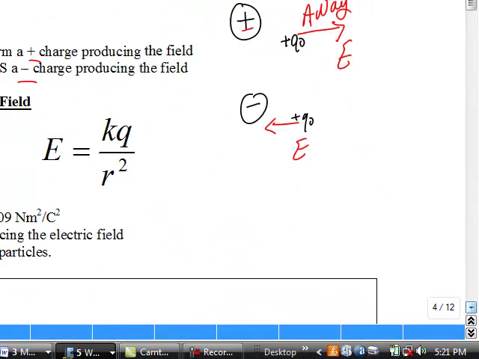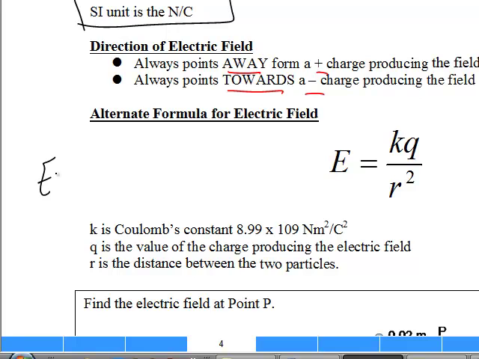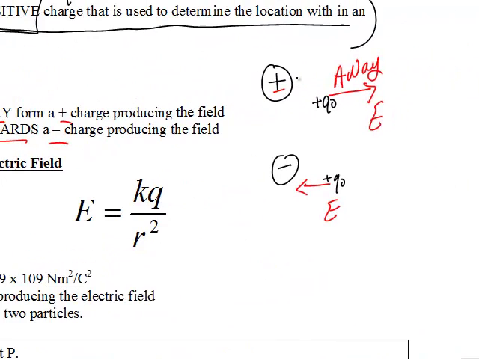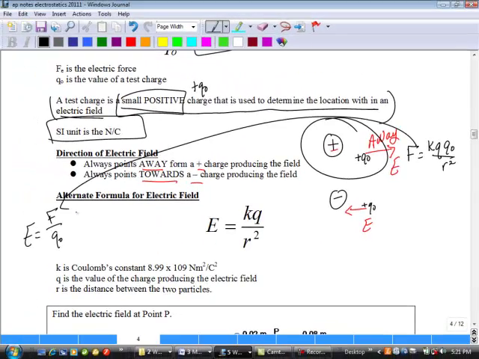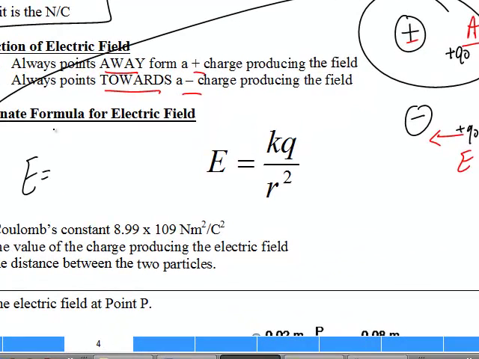There's an alternate formula for the electric field, and I want to show you how that is derived because it's actually pretty simple. We know the electric field is the force that a test charge experiences. We just spent the last 20 minutes learning what the electric force is. Well, what is this force going to be between these charged particles? That force is going to be k q q0 over r squared. And so I can take that and plug it in over here. When I do that, I'm going to get k q q0 over r squared, all of that over